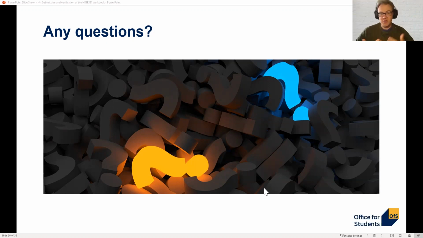So I do recognise that the way we have used audit here can be quite scary. It's not something which you are going to be immediately thrown into as a result of HESES. It's not something where we would get to a point where we are looking at your comparison tables and we think, right, we need to audit you there. The most likely source where you might be interacting with our audit team is probably going back to the question that we had earlier about the HESES recreation. So one of the things that our audit team will do every year is that when they get to the point where they are looking at your HESES